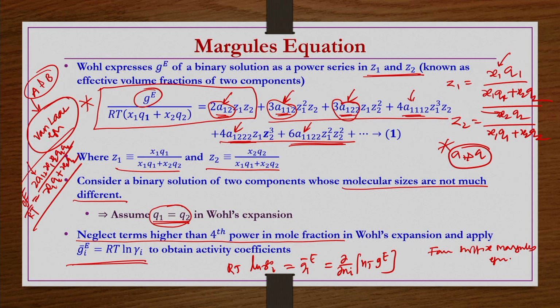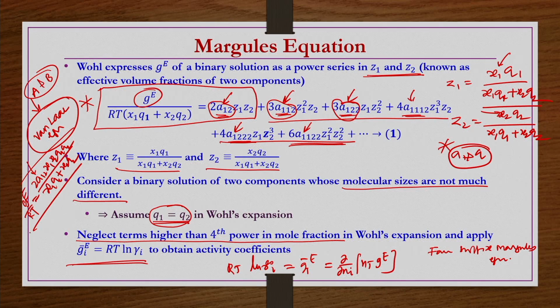Not only from the Margules expansion, but also from the physics of the problem: when two pure liquids are mixed at temperature T and pressure P, forming a non-ideal solution at the same temperature and pressure, we took a 3-step process and derived the same Van Laar equation again. So that way also we have seen it.